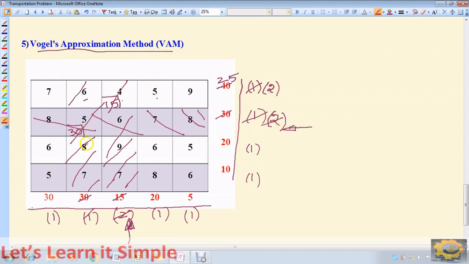Now the second row vanished. Third row, 5 and 6, remains the same. Fourth row, 5 and 6, remains the same. Now in the columns, 5 and 6 remain the same. This vanishes, this vanishes. In the fourth column we have 5 and 6, again 1 is the difference, no change. In the last column again 5 and 6. Now we have 1, 1, 1 in the columns and 2, 1, 1, 2 in the rows, which means I need to select this now.